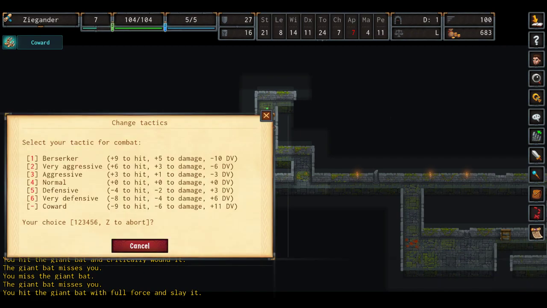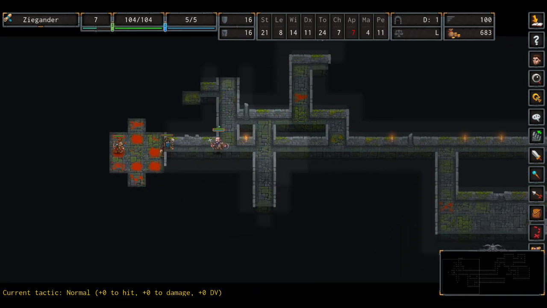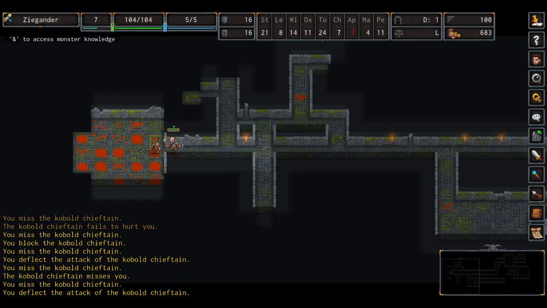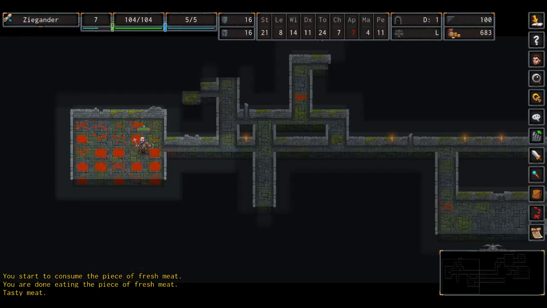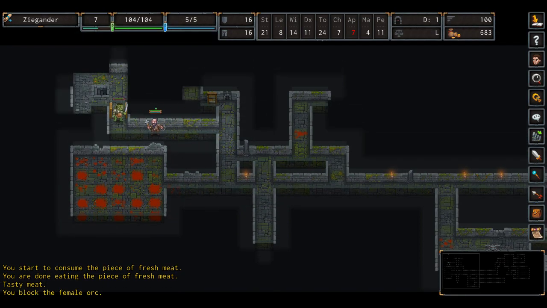I have been encowed this entire time. Let's stay normal. 16 defense, 16 protection. With that amount of protection, there's really nothing in here that can hurt us, aside from spellcasters. See, look at this chieftain. Kobold Chieftain is actually a fairly tough low-level enemy. The fact that we have 16 protection makes him kind of not a joke, because I had to attack him like 8 times, but...